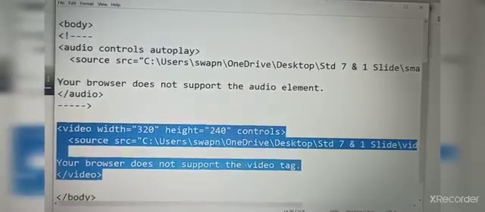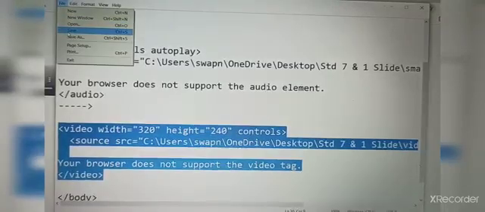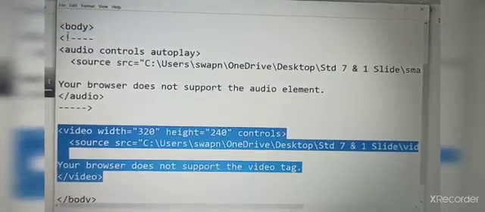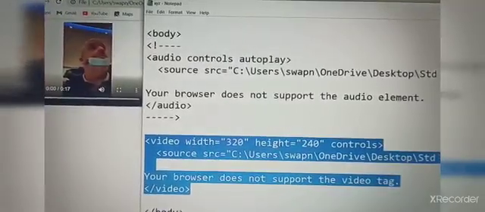After we save this, as xyz.html, you can see that the video appears and is running. Sorry, my mask is off. Like this, both audio and video get embedded in your web page.